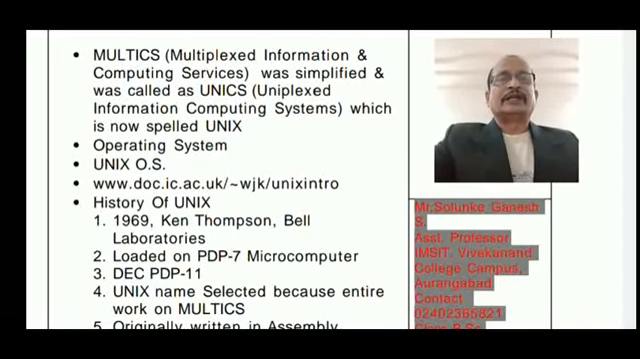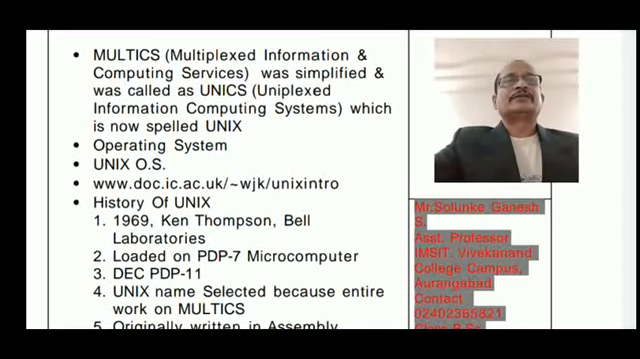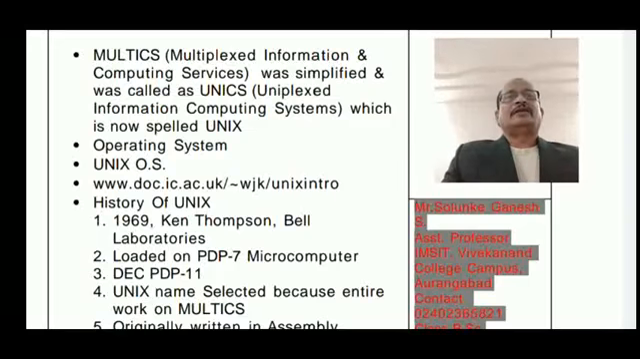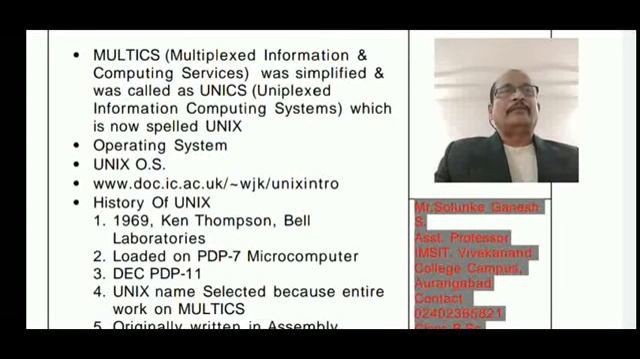Now we are going to see the history of Unix operating system. In 1969, Ken Thompson designed the Unix operating system at Bell Laboratories. Bell Laboratory is available at Berkeley. Unix was first loaded on a microcomputer. The name of that microcomputer is PDP-7. After that, when a new